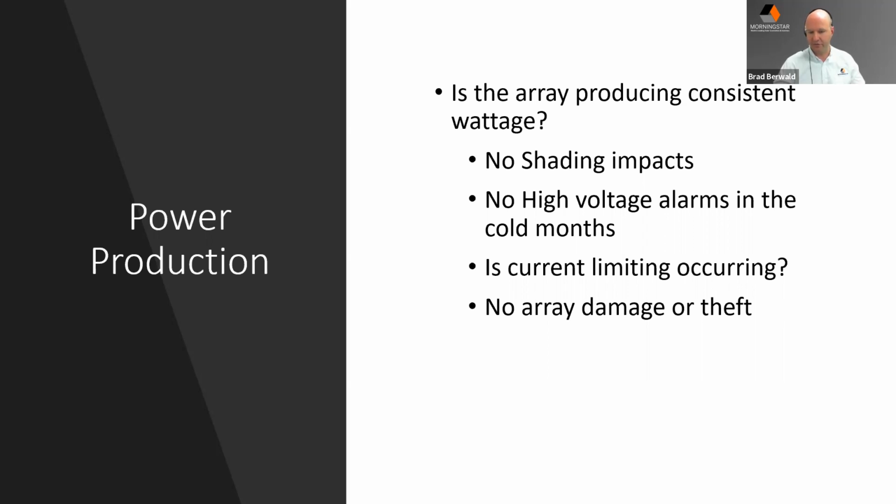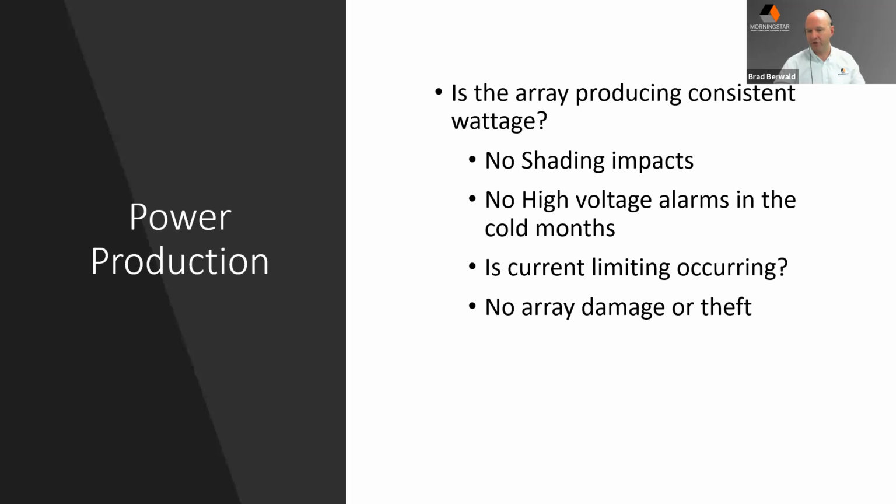Often with the traffic industry, we see a lot of equipment that gets moved around to different locations. And yes, I'm sorry to say, we've even seen a few solar arrays set up on trailers under bridges, which is not ideal for a solar application, but it happens because it's the real world, and we've got people trying to make use of the technology the best they can. We want to make sure there are no high voltage alarms. As you transition from summer to winter, you see different impacts on production. Low production during heat. In cold, you see higher voltages than you typically would see during the summer period. So is that getting close to any kind of a high voltage that could cause damage to the system?